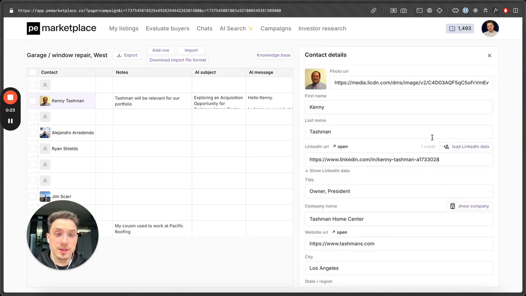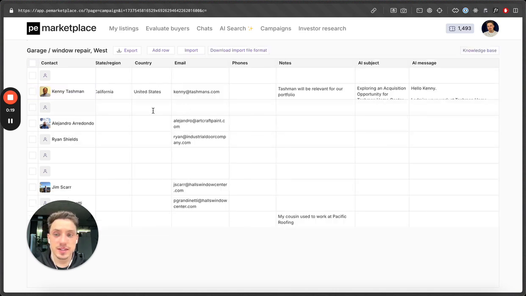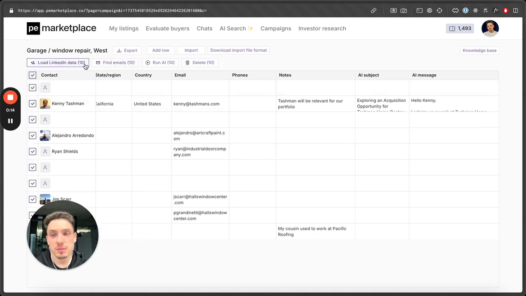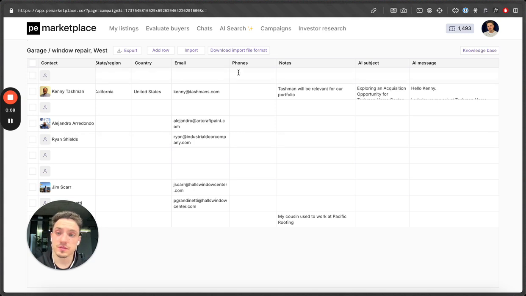So you can do all of these actions, by the way, one by one, like loading LinkedIn data, email, etc., and writing a message, or you can select all of them and do them in bulk, like load LinkedIn information in bulk, find emails in bulk, or run AI search in bulk. And whenever you have all of this information, feel free to export it and then upload to your outreach service, any that you use, like Apollo, Snov,